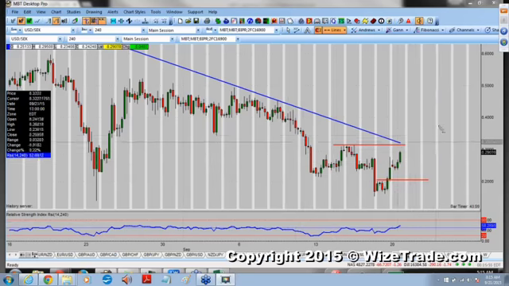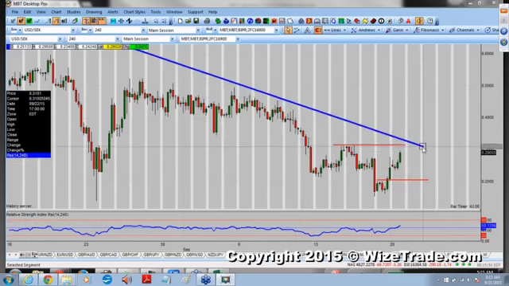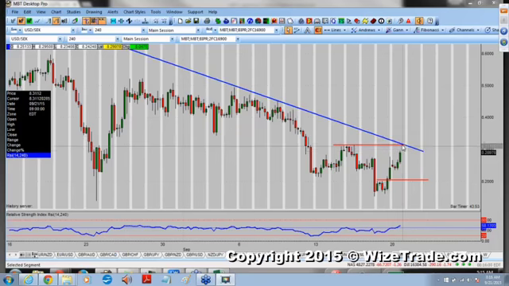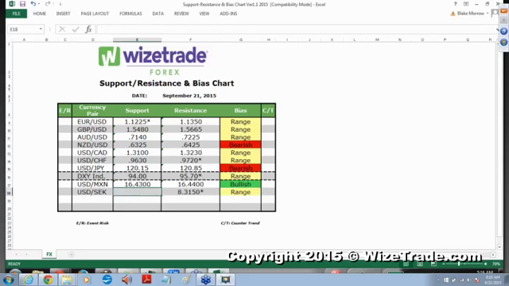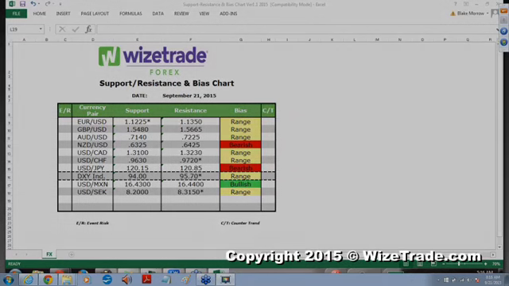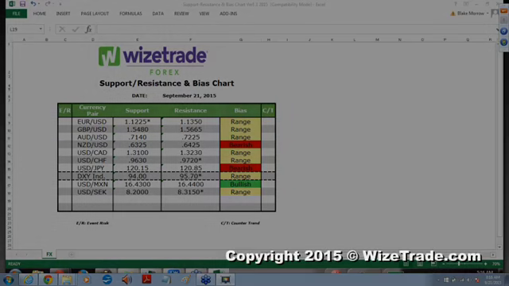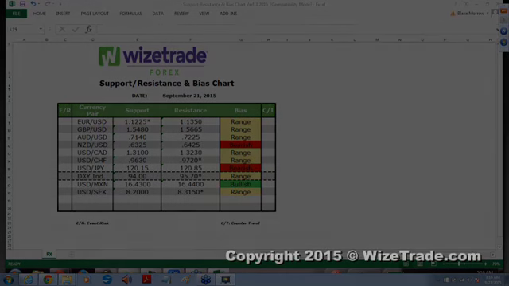Because if we take out that downtrend line, for those of you guys that can trade the Swedish krona, this thing's in a rip. We come through here. All right, so I'm going to write down 820. Okay, so there's your bias chart. Go ahead and copy down that information, and I am going to take